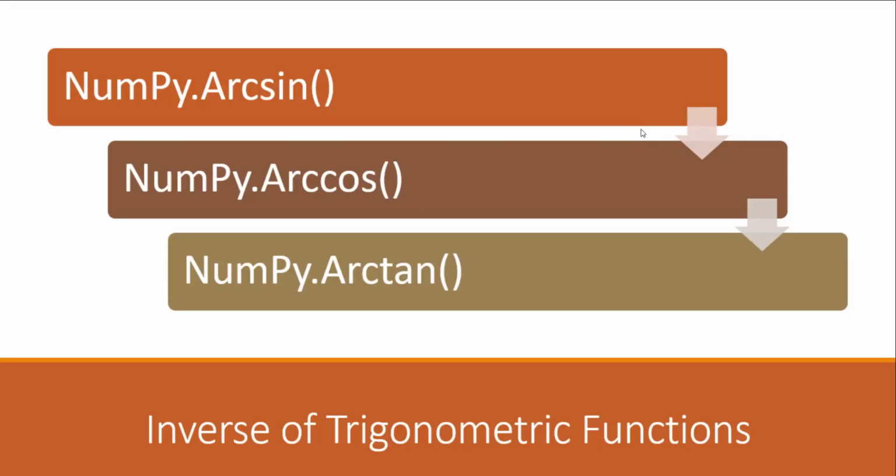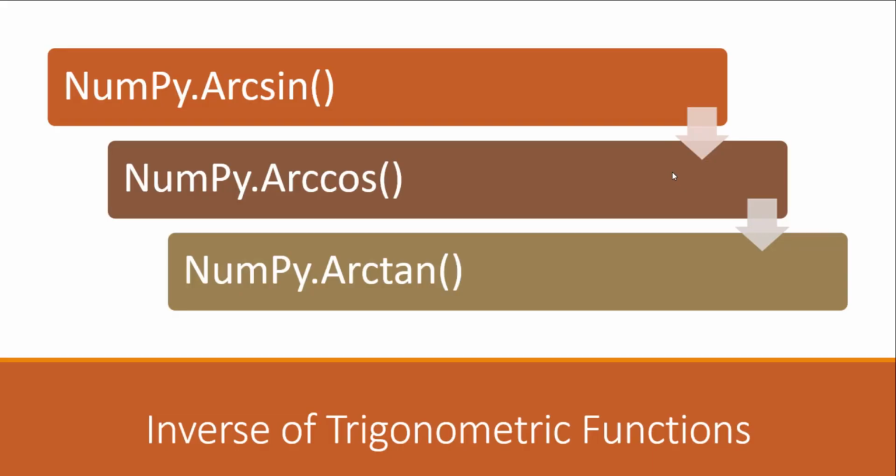Till now we have understood the trigonometric functions based on NumPy. Now we will understand the inverse of trigonometric functions which are used in NumPy array. So our first function is numpy.arcsin. Basically this function is used to find the inverse of a sine value wise of an input array, and